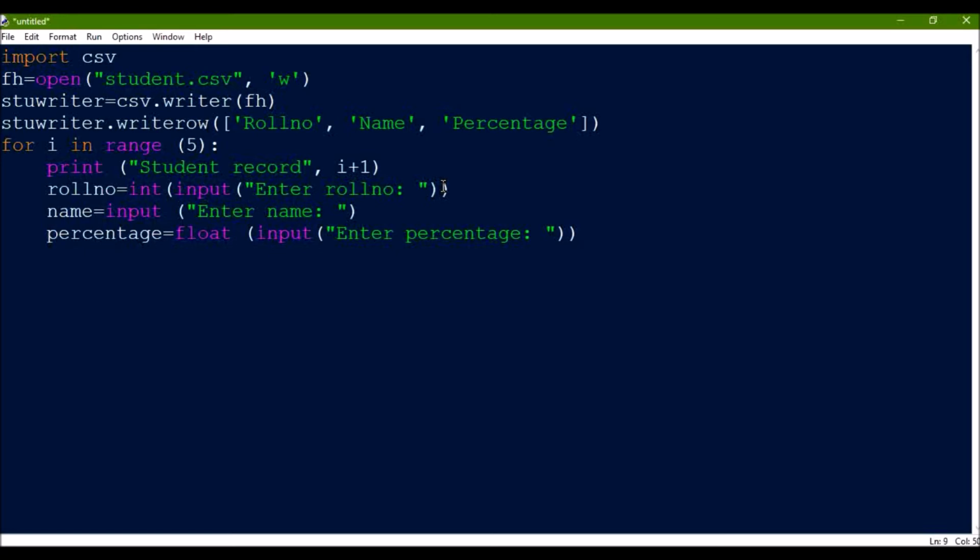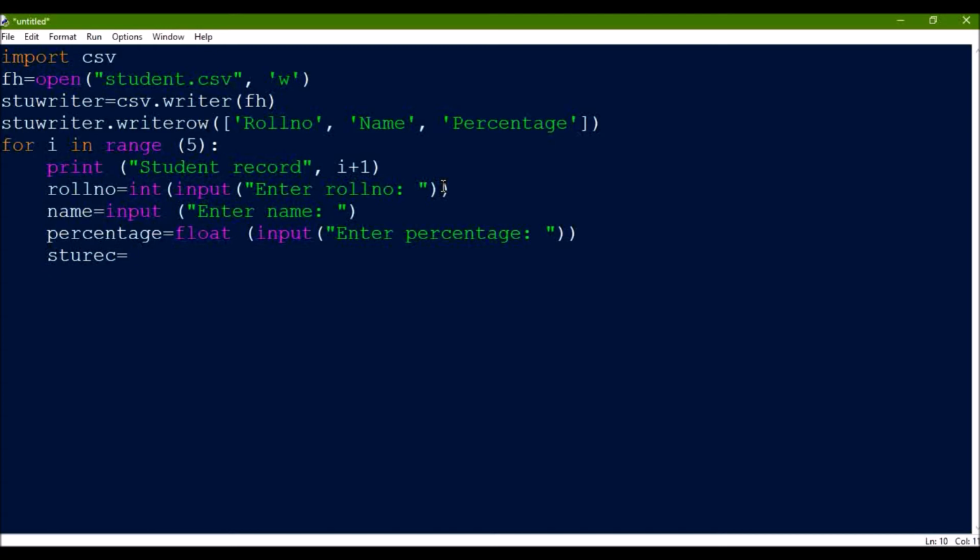Now after entering the data, we have to create a Python sequence. We'll create a list, and that list will contain roll number, name and percentage, and we will take a list name also. Suppose I take the list name as STUREC.